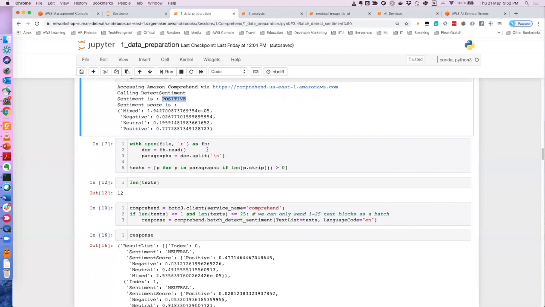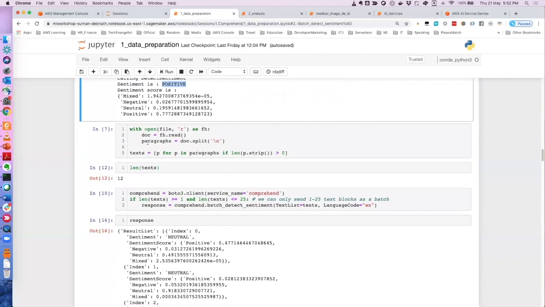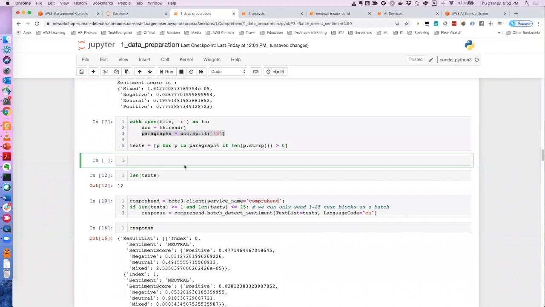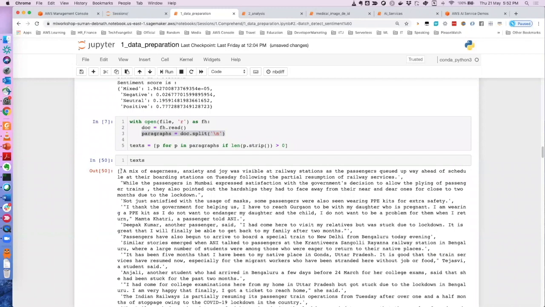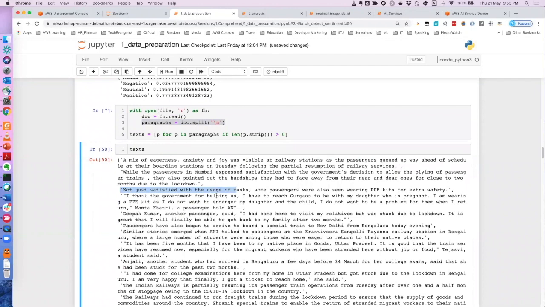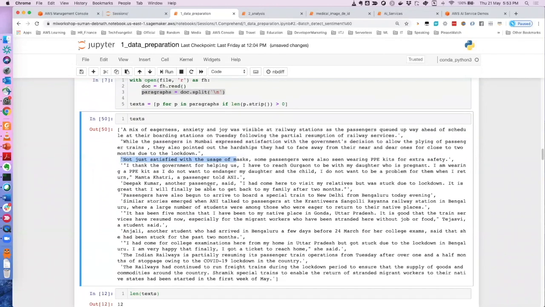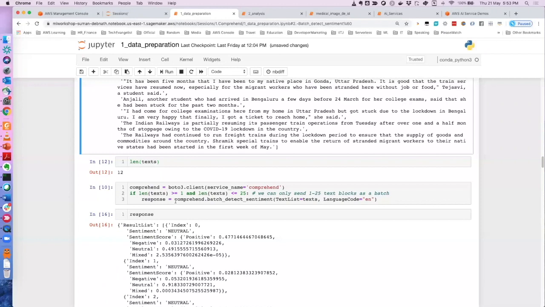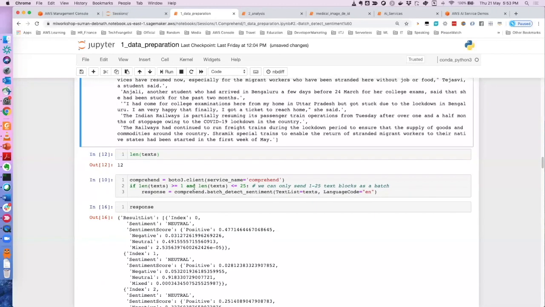So what I did was I broke that file into small single lines, and now I have saved everything into text. If I show you what text is, you'll find it's an array, and each line contains one news item. Now I want each line to be analyzed separately. I'm not writing any function now, because I've already shown you how to write and filter the response. Here I'll just show you how simply you can do it in 2 lines of code.